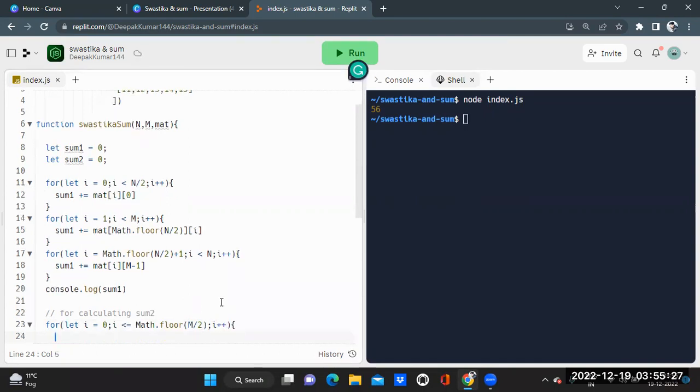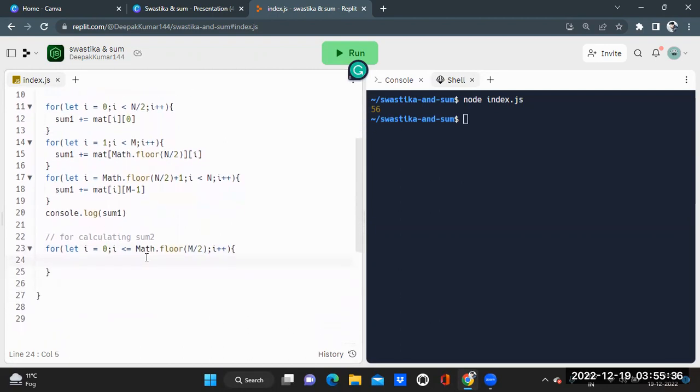Here guys, we traverse from 0 till the middle column in the last row, guys, this is in the last row. So sum 2 plus equals mat[n minus 1]